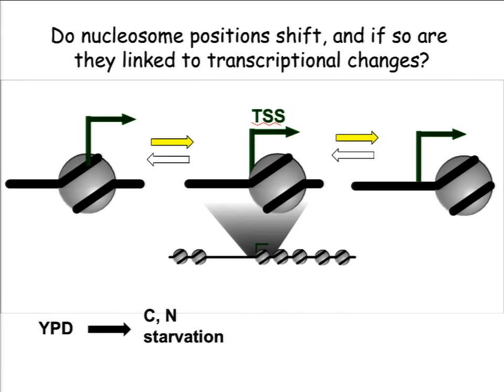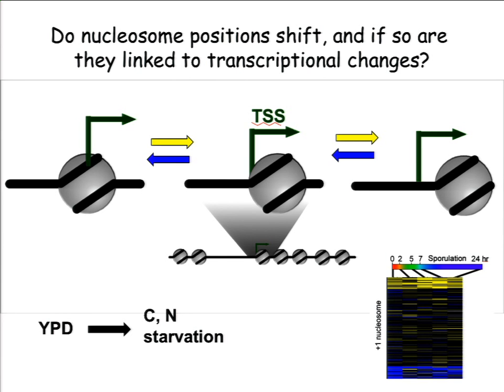If a nucleosome shifts in this direction towards the downstream, we're going to color it yellow. So yellow meaning a more positive direction, shift downstream. And if it shifts in the upstream direction, we're going to color code it blue. And we're going to look at various stages of the sporulation process. Now, I'll blow this up in just a second, but this is what we're seeing here. These are about